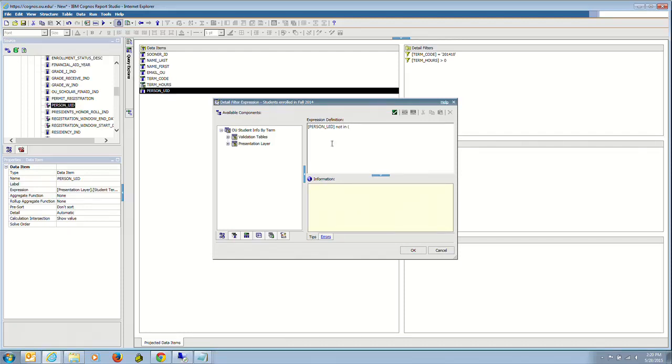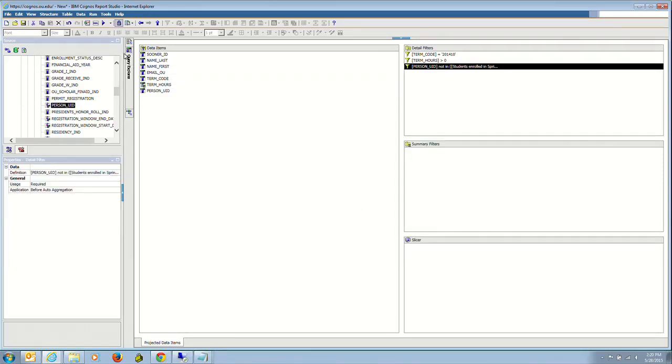Not in is a construct that says I want people who are not in this list, and the list is going to be from our other query, the students who were enrolled in the spring. And since I have an open parentheses around the list, I have to put a closed parentheses. I validate it,